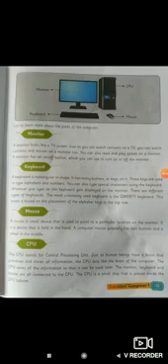A monitor looks like a TV screen. Just as you can watch cartoons on a TV, you can watch cartoons and movies on a monitor too. You can also read and play games on a monitor. A monitor has an on and off button, which you can use to turn the monitor on or off.